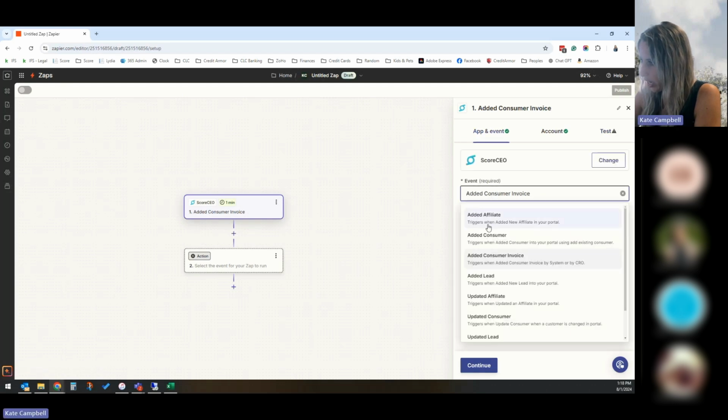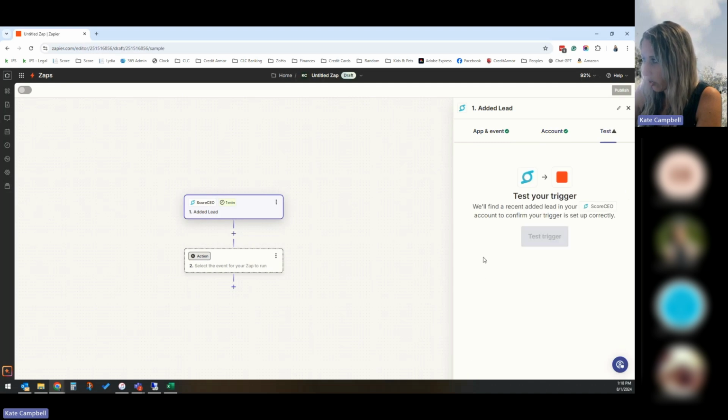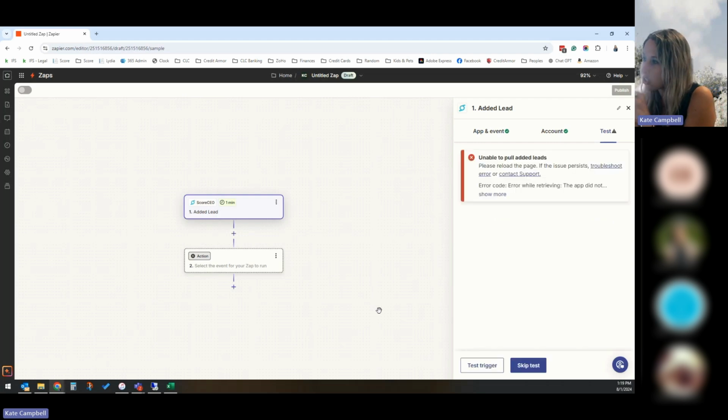Wonder if we did added a lead. So this is another good thing that you can do whenever a lead or whenever a consumer is added. You can have it automatically add it to QuickBooks. The way I have it set up, since that consultation invoice is the first thing that really happens with our consumers, I don't have it create a consumer in QuickBooks until we have an invoice created. So what I'm trying to show you here is that whenever an invoice is created, the first step is actually going to be to search for that customer in QuickBooks. And then if we can't do it,